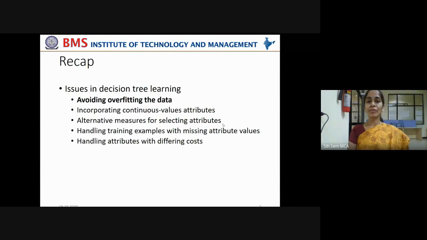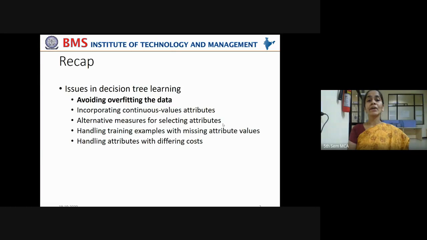So this overfitting has to be avoided by various methods like reduced error pruning, in order to reduce the decision tree to fewer nodes and make it simpler by removing the nodes that don't contribute to the accuracy or performance of the decision tree. And we have also seen another method called